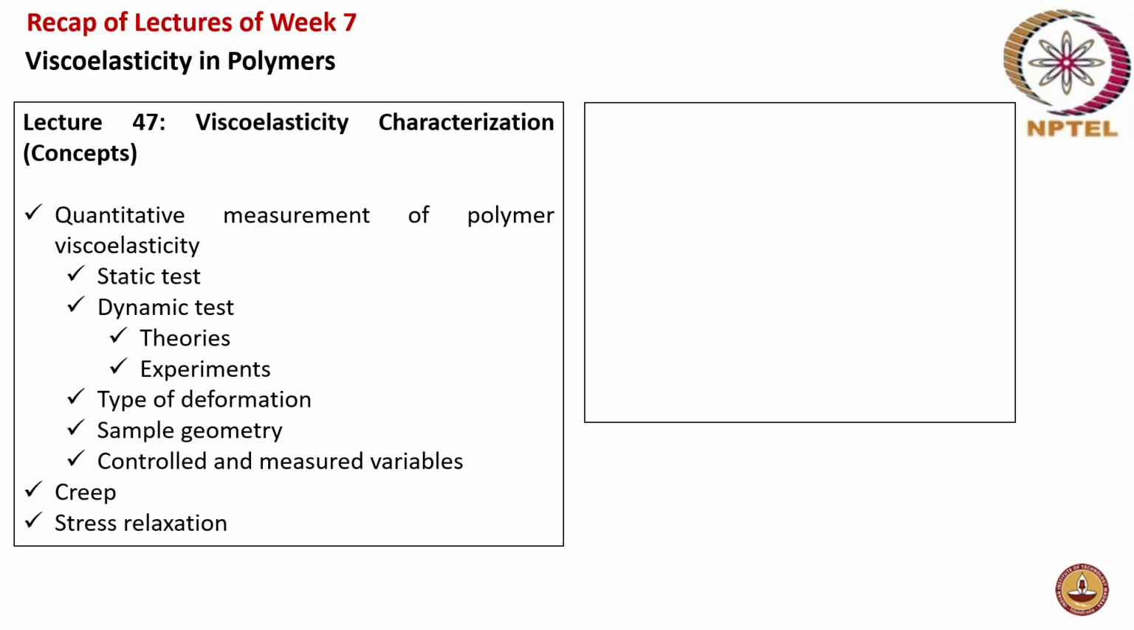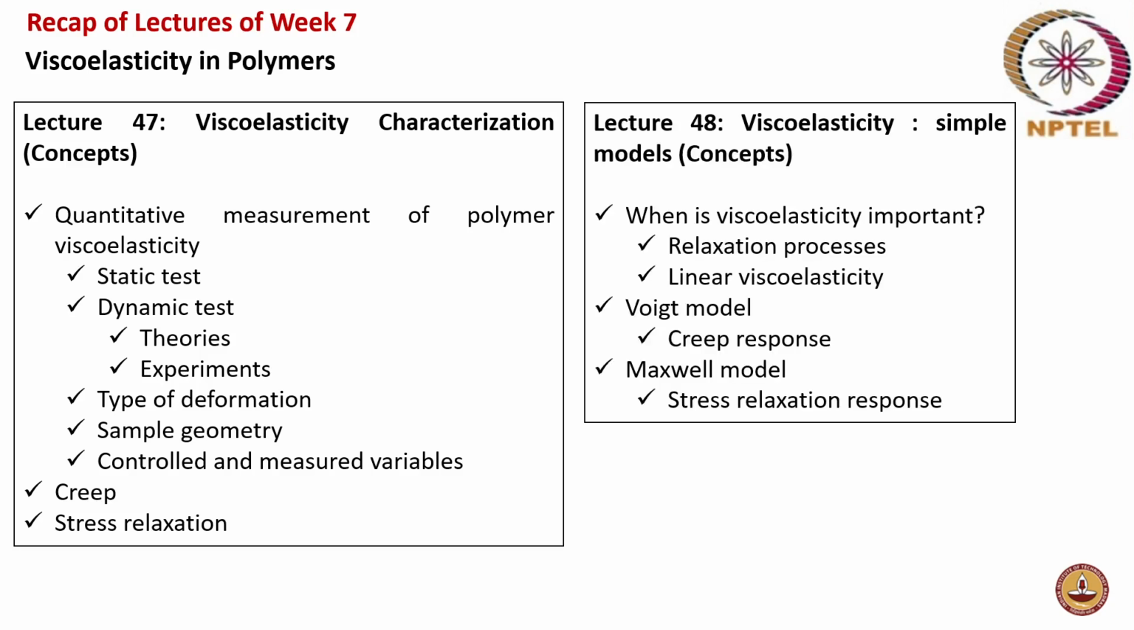And then based on the type of deformation, how the test can happen, and sample geometry, how do you decide the geometry, whether it is a dog bone shape or a cylindrical, or a film type or a sheet type, that is all decided based on experience and other variables. And then what are the controlled and measured variables was discussed. And then creep and stress relaxation was introduced, right? And then next, lecture 48 was on